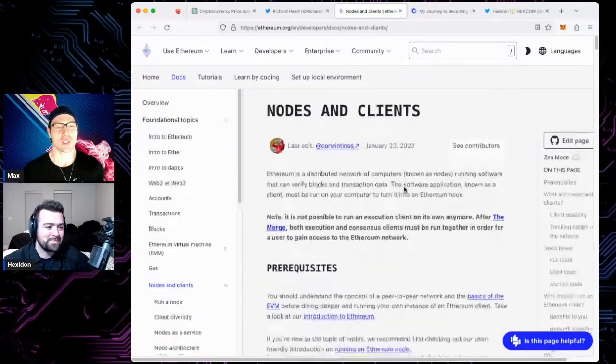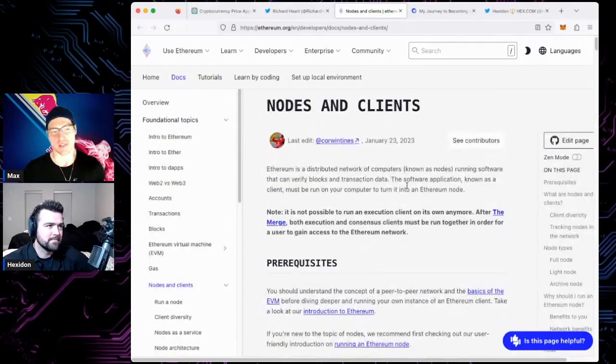All right, so nodes and clients. Let's get through this, just a little bit of dry information, but I thought it was pretty interesting. I think the Ethereum website had a lot of really good, fast and easy, quick-hitting points for it. But in case people aren't aware or can't really zoom into what we've been talking about,